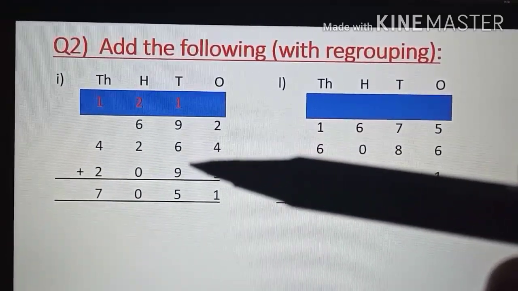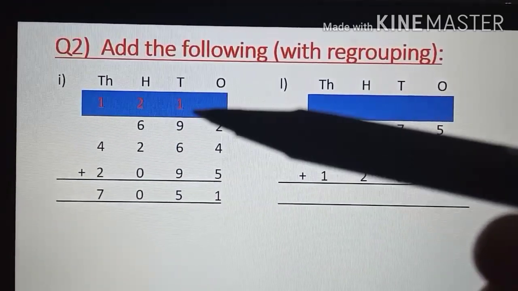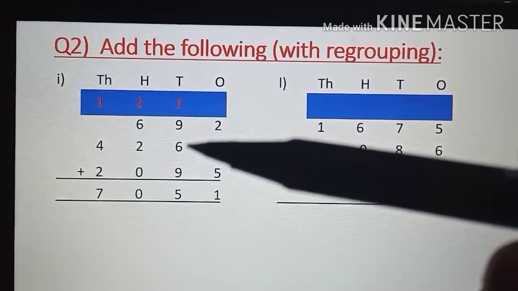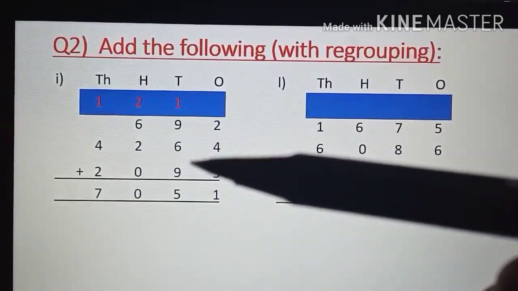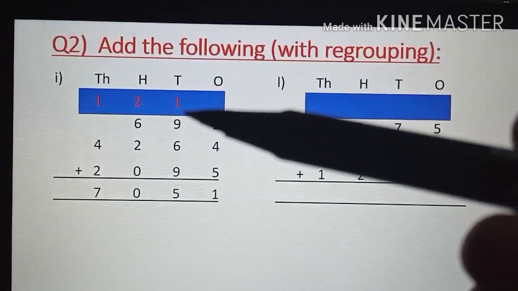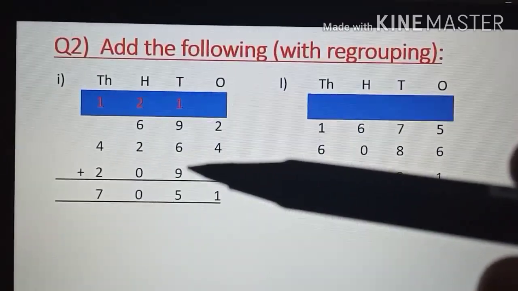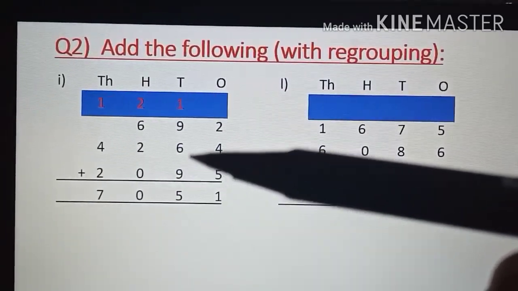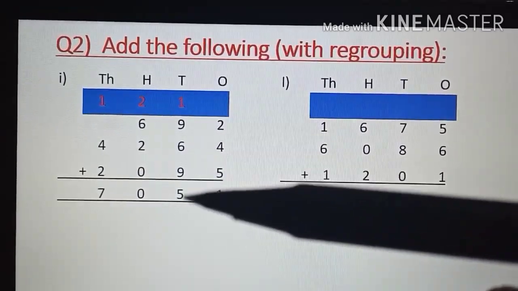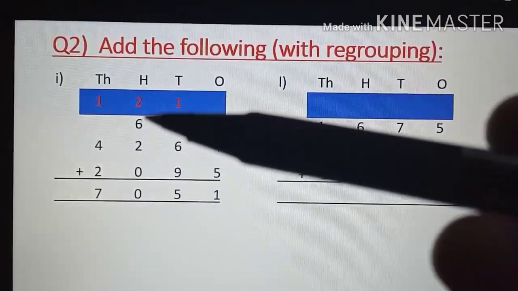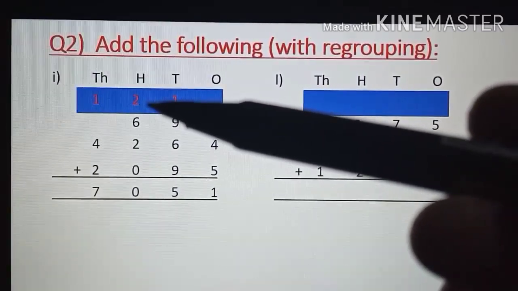Now children, we will add these 4 digits now. 1 plus 9 plus 6 plus 9. You add on your fingers. What you are getting? Yes, 1 plus 9 plus 6 plus 9. Yes, you are getting what? 25. Very good. So you write here 5 and 2 carried over under the hundreds column.